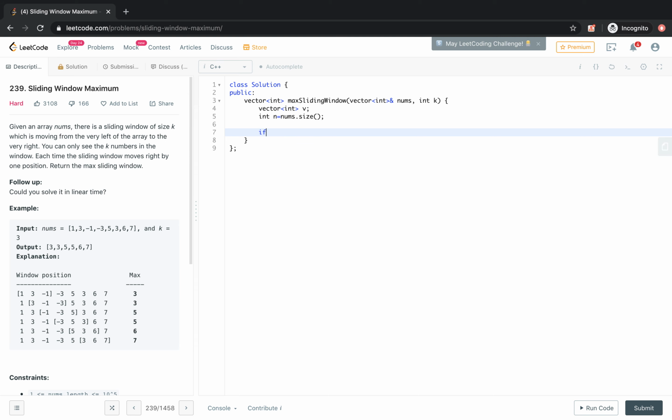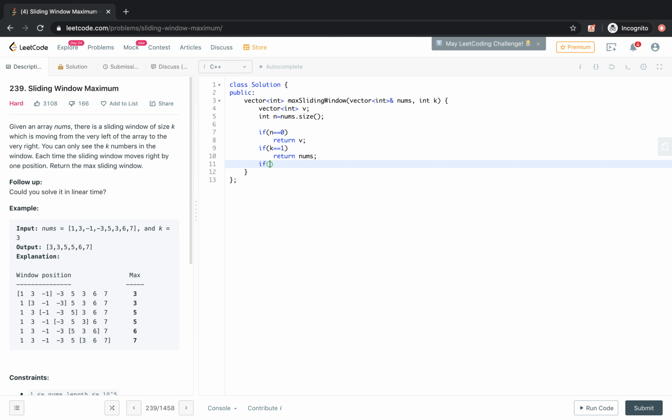Suppose if n is equal to 0, meaning basically no array, then we can just return the declared vector. We don't have to do anything. And if the window size is 1, basically k equal to 1, it means every element is the maximum of its window. So we just return the same array, directly returning nums.